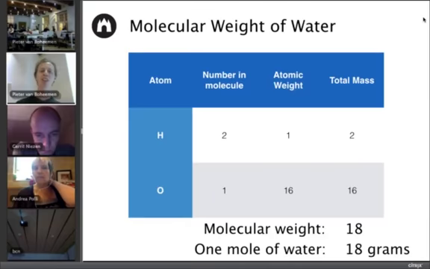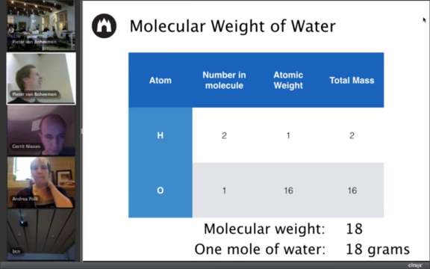And if you want to then calculate the molecular weight, for example, of water, you take that table. You know, of course, water is made out of 1 O and 2 H's, H2O. And to calculate the molecular weight, you say, okay, I have 2 atoms of hydrogen, 1 atom of oxygen. And the atomic weight you can get out of the table. Well, hydrogen is 1 and oxygen is 16, actually 15.9, but okay, 16. And then from this formula, you know that the molecular weight of water is 18. So if you want to know how much is the weight of 1